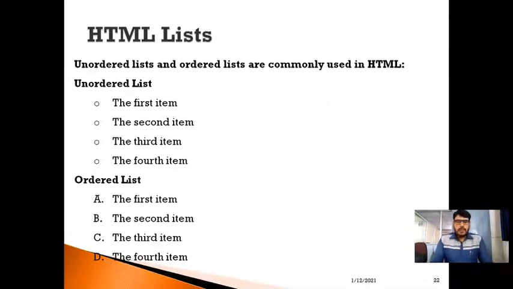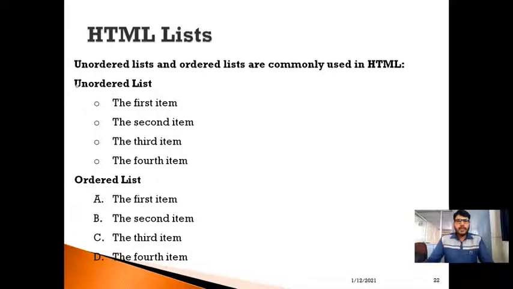In today's session, we are going to discuss how we can create a list within an HTML web page. Sometimes in a web page, we need to create some kind of a list. We can generate an unordered list with bullet points, and also an ordered list with numbering or alphabetical order. These lists can be generated by using some basic tags which are available for creating a list.